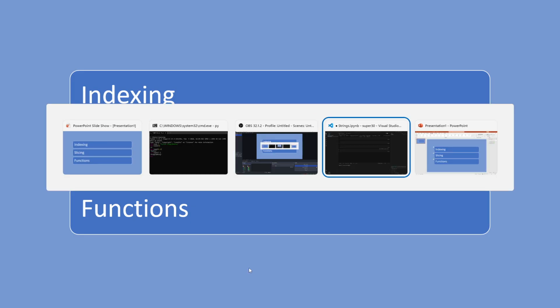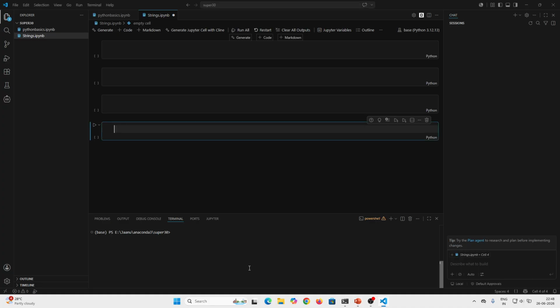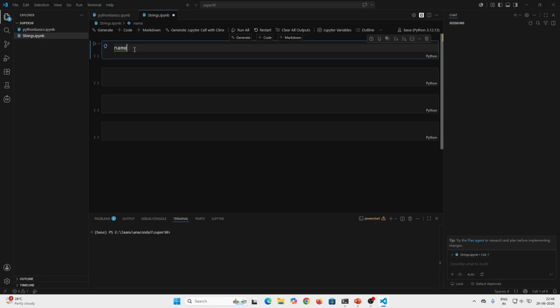For this, I am setting up my VS Code. Here, we will see all the three things that we have discussed just now. Coming to string. A string is simply text wrapped in quotes. For example, see here, name is equal to, here Python programming is a text wrapped in quotes. It is called string, right? And in this string,